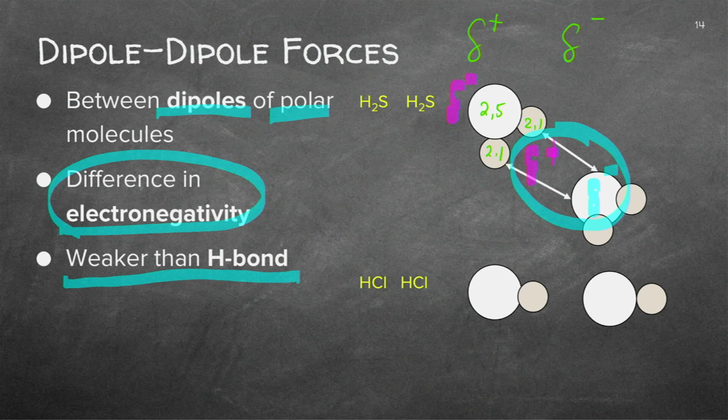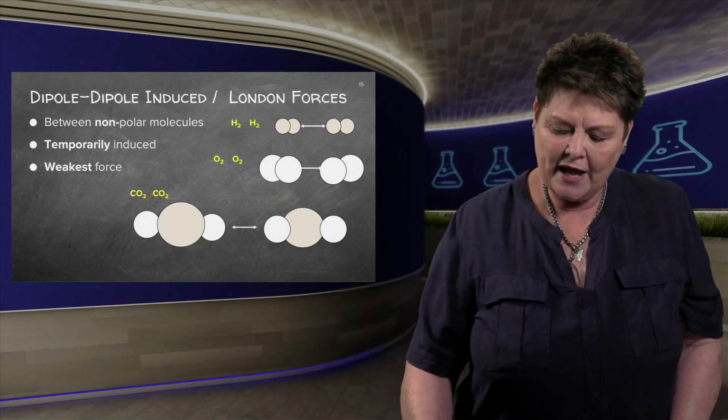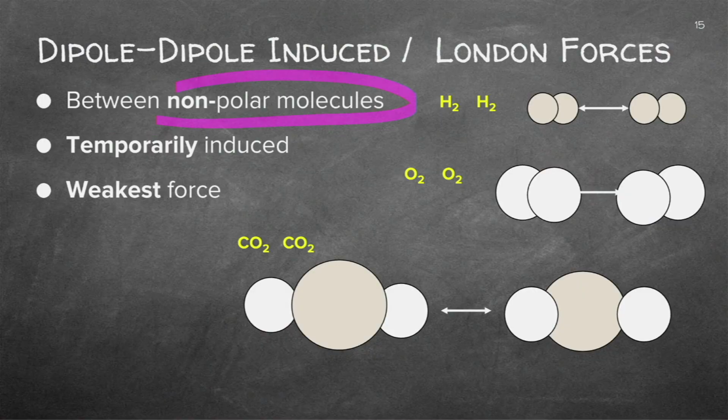And then we've got hydrogen here, 2.1, and chlorine, 3. And what will happen? The electrons will be this side and that side will be positive, and you can see exactly why there's a dipole-dipole bond. The last type of van der Waals force is where I have non-polar molecules, a H and a